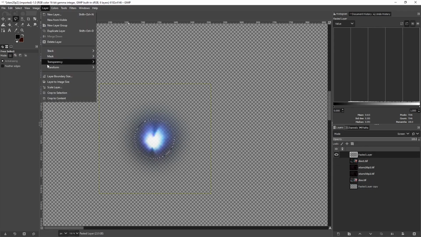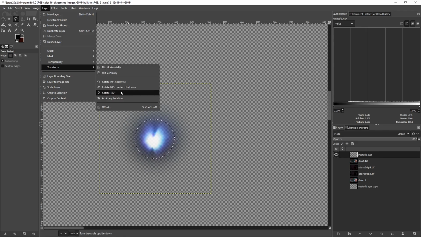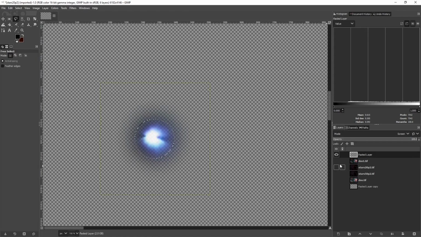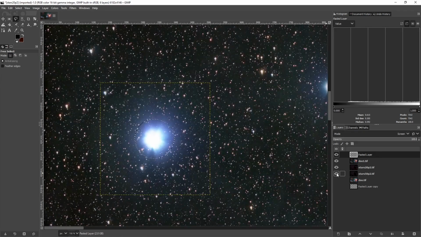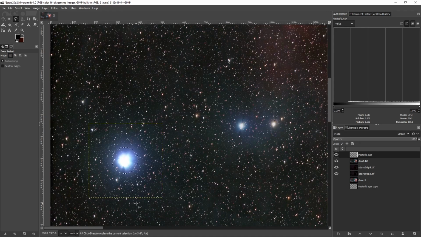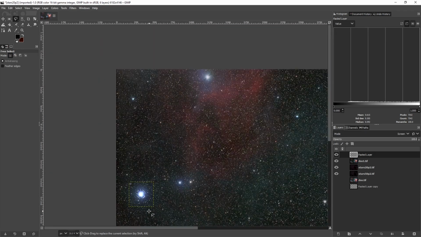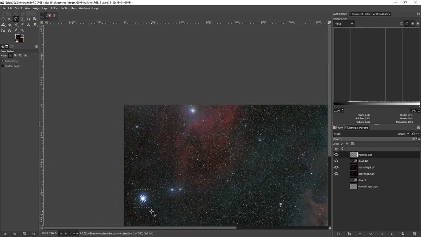Okay, so layers and then transform and then I think 90 degrees, one or the other. Let's try clockwise. There's more even. So here's the before, here's after. Yeah. All right. It's not perfect, but if you're in a pinch, then I would do something quick like that. But it's kind of a pain because now you got to do that to